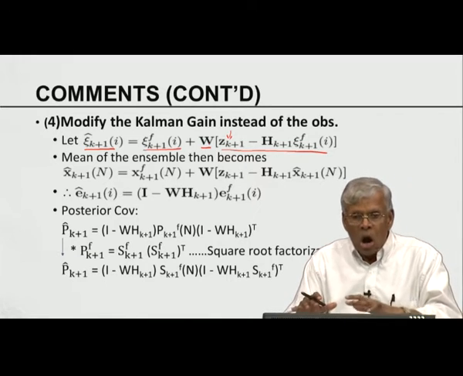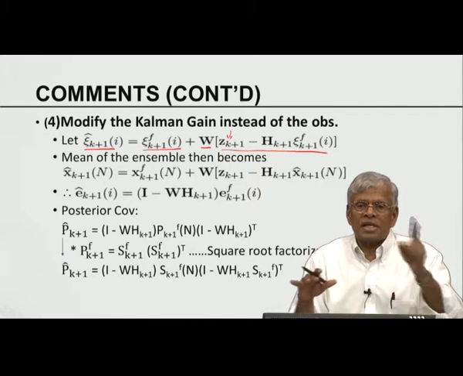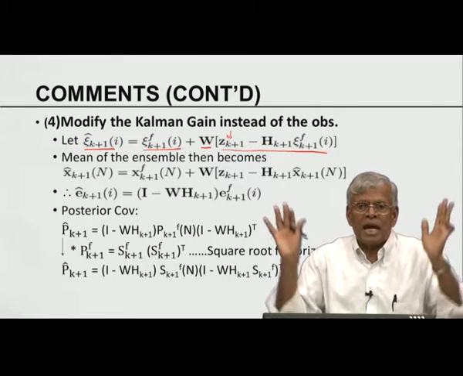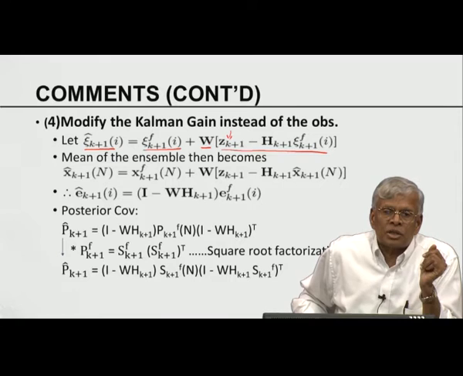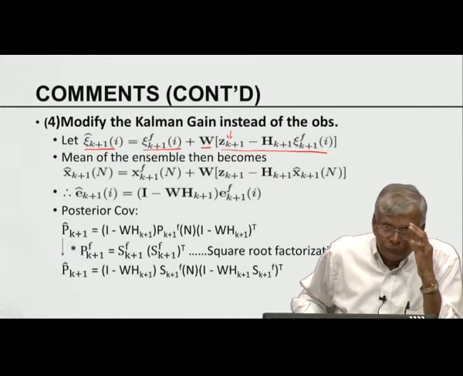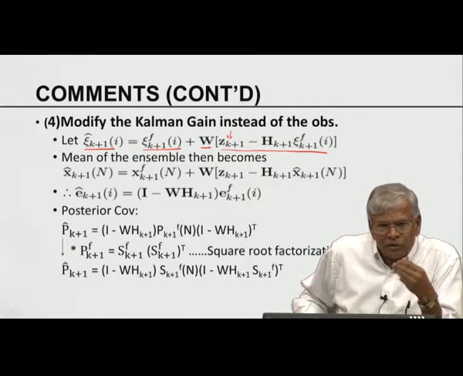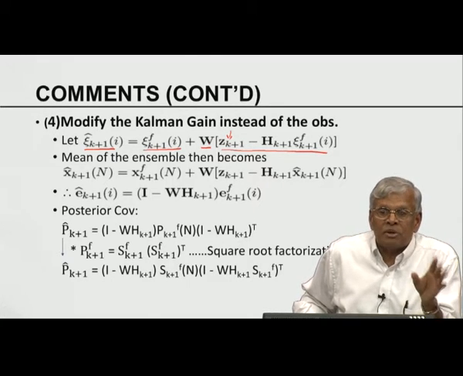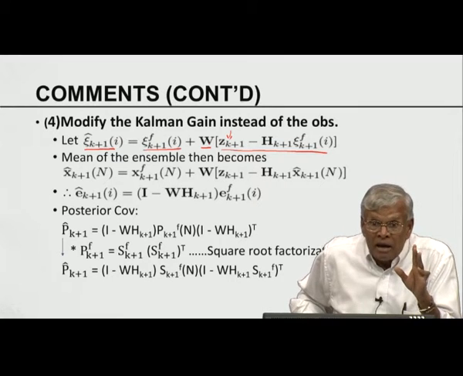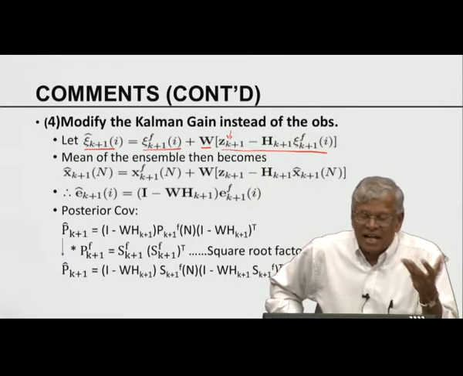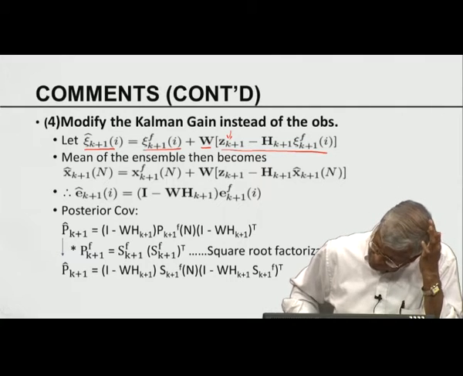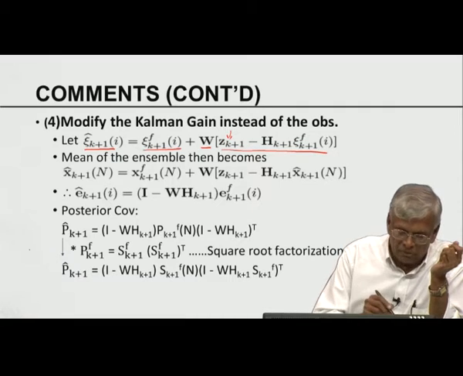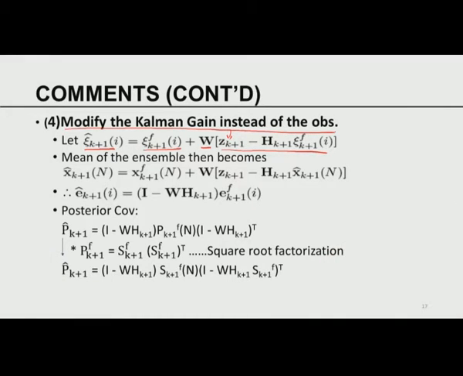Stochastic method relies on creating the virtual observation. What is the advantage of it? You simply create a virtual observation, you are done, you can close your eyes and say, hey, I have a decent approximation limited only by the value of n. In the deterministic approach I have to do a little bit more calculation, but I do not have to mess with the observation. Observations are word of God. That's essentially the kind of approach taken here. So that's the approach of how we modify the Kalman gain instead of the observation.